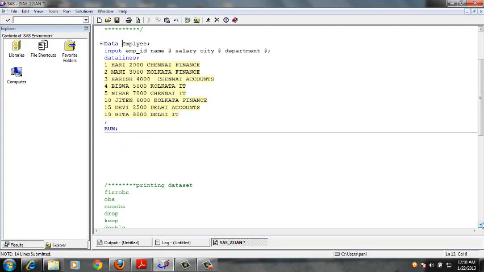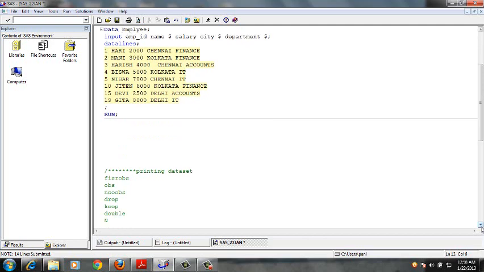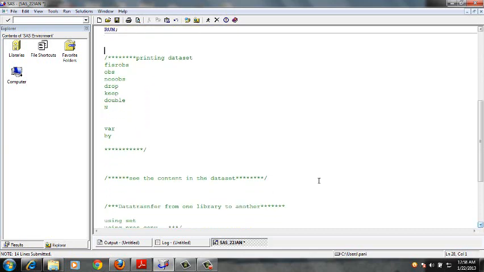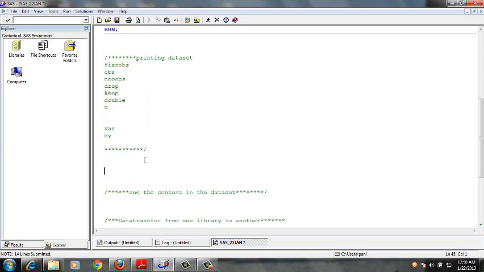Okay, so we now learned how to create a data set. Now how do we print a data set? We saw that the data set is created in the SAS session. How do we print it? For printing a data set, we write